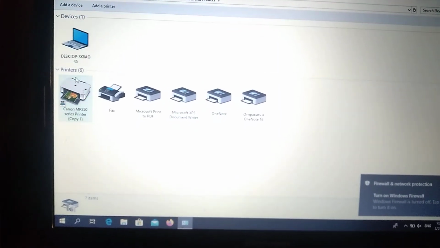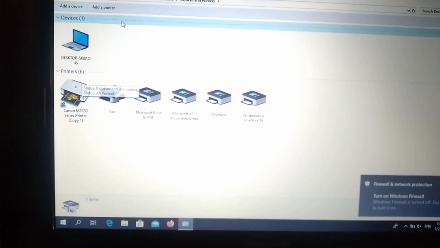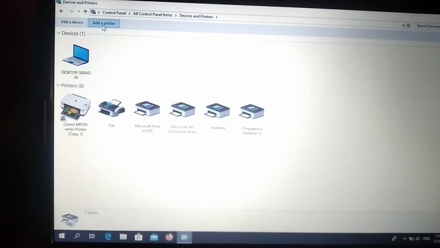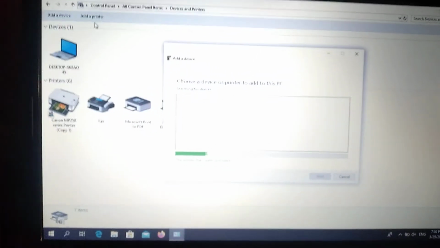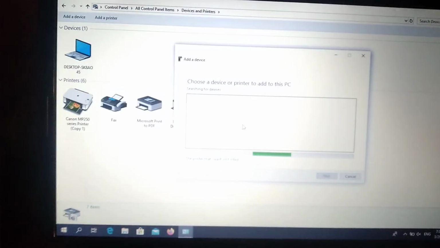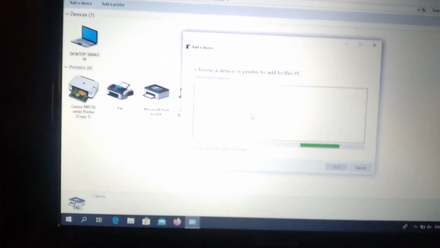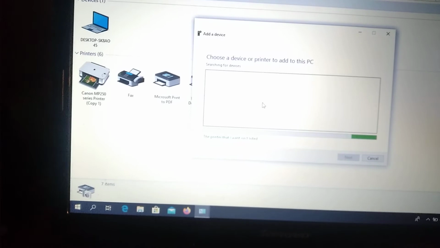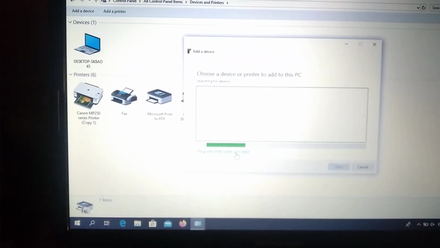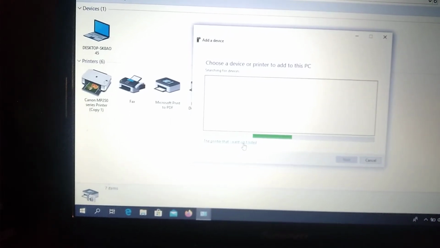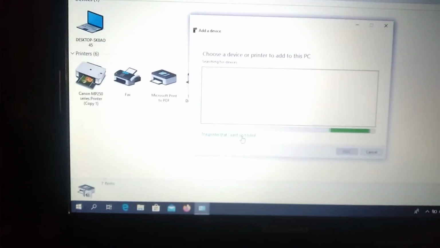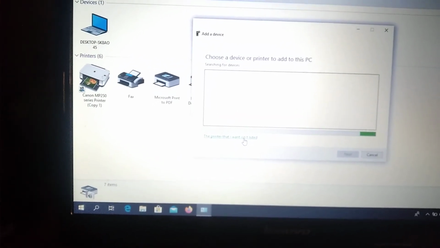And so here you can see Add a printer. So if you have this error, you just click here. Now we need to wait some time for it to load. If it doesn't connect your printer, you just click here, "The printer that I want isn't listed,"